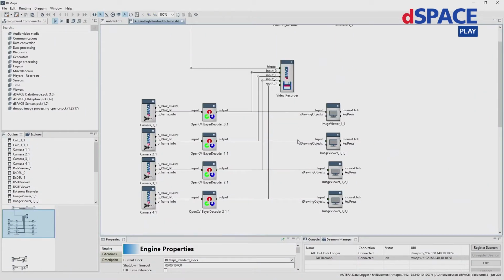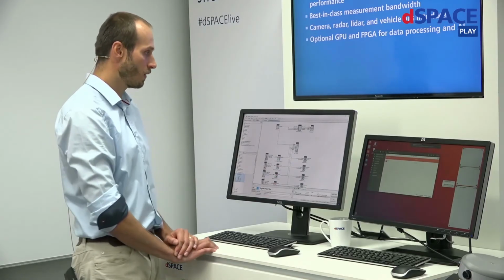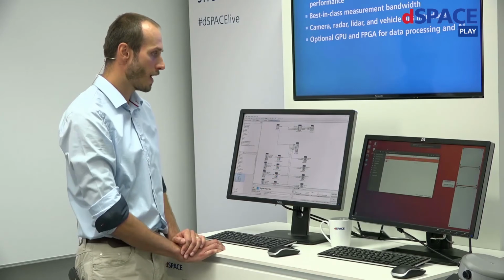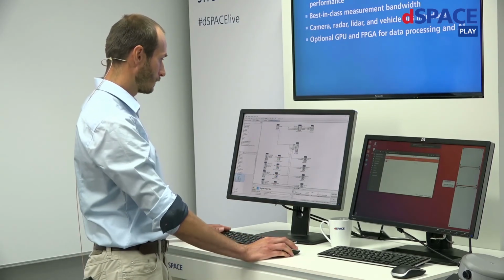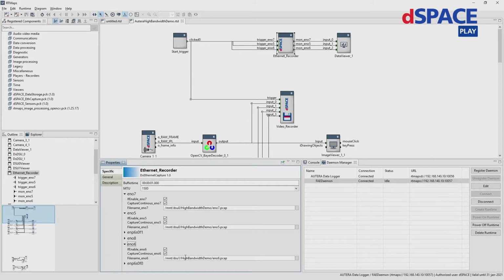So here you see that we have 4 interfaces for the cameras, capturing with 1 recorder. And additionally, we also have the Ethernet recorder. Recording traffic from the Ethernet is even simpler. We need just 1 block where we configure the number of Ethernet interfaces, which ones those are, and where we want to store the data. Ethernet interfaces number 7 and 5 are being stored in DSU number 0, so SSD 0, and the last Ethernet interface is recording data to the second SSD.